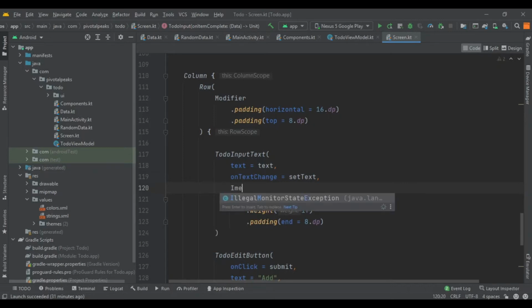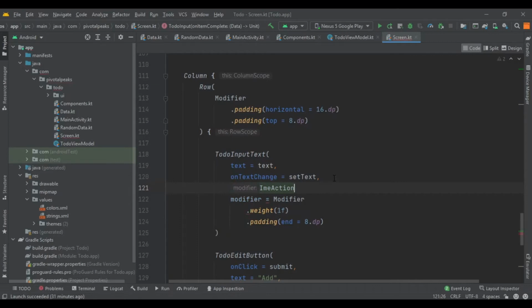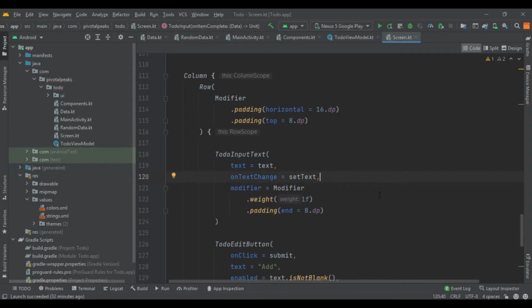So I guess I should use IME action. Yes, the name is on IME action actually. Why does it say modifier? Let's put it here and see.